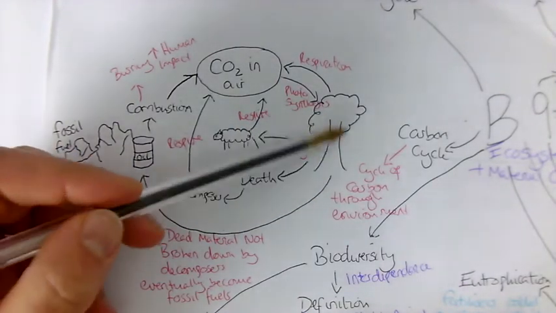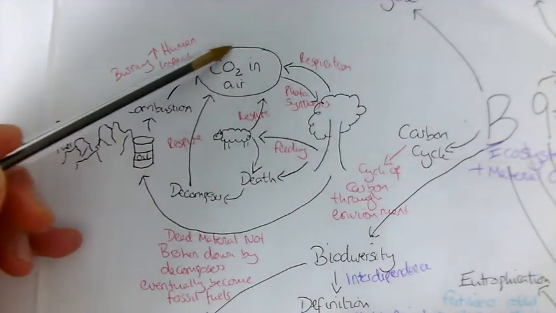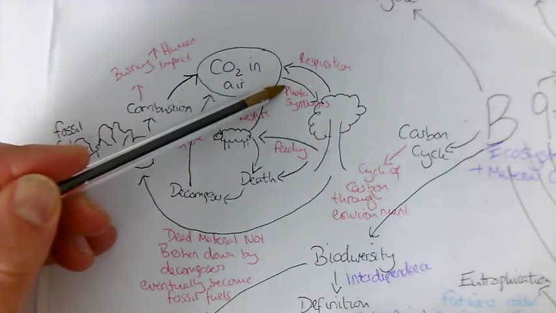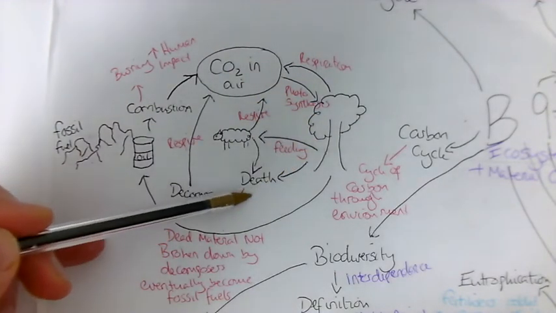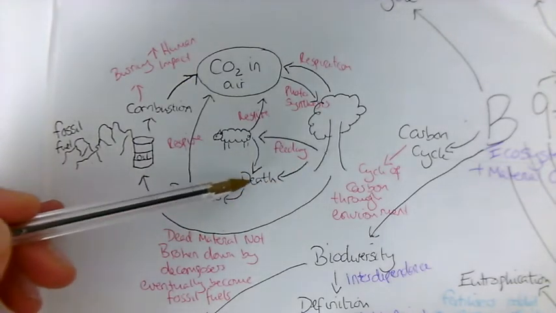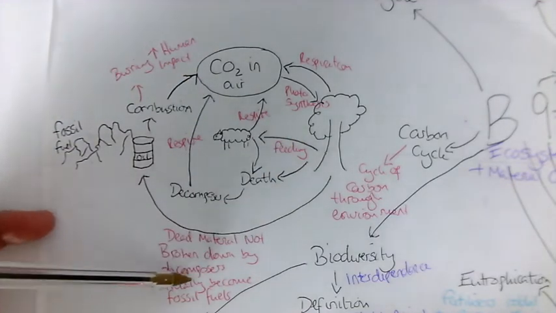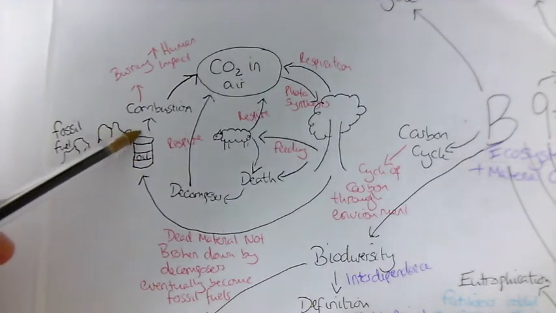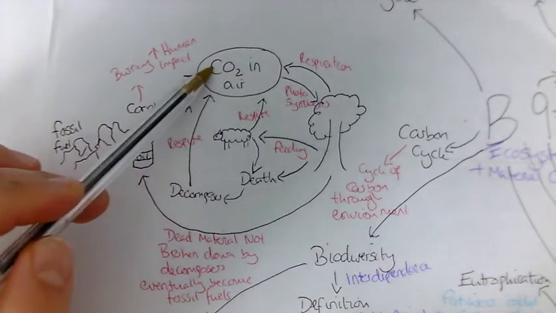So first of all, if we start with the trees over here, they respire, which gives out carbon dioxide, which produces it into the air, but they also photosynthesize, so they take carbon dioxide out of the atmosphere. Now, if they die, they can either go through and be decomposed by bacteria. Bacteria respire, which puts CO2 into the air, but dead material that's not broken down by decomposers can eventually become fossil fuels. Fossil fuels are then burnt via combustion, and that produces carbon dioxide, so it puts carbon dioxide into